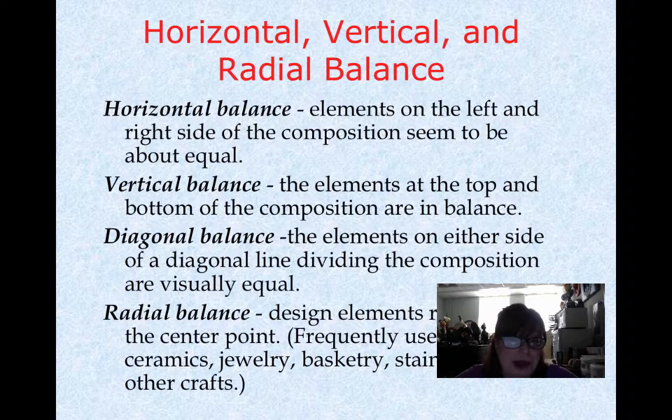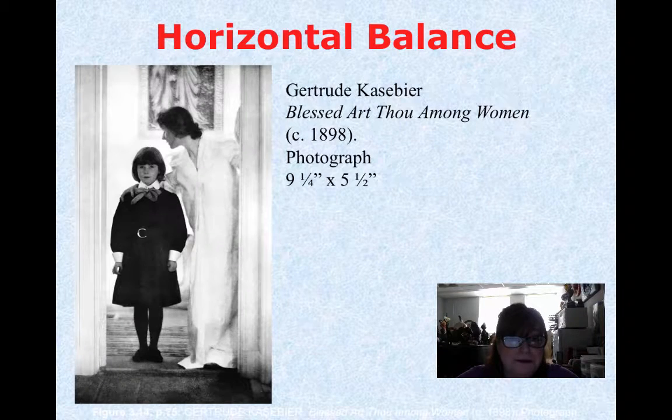And the example that we have here bears that out. So here is an example of horizontal balance with Gertrude Käsebier's photograph, Blessed Art Thou Among Women. And she was a photographer who liked taking pictures of mothers and daughters. And you can see how the darkness of the little girl's dress is echoed in the darkness of the woman's